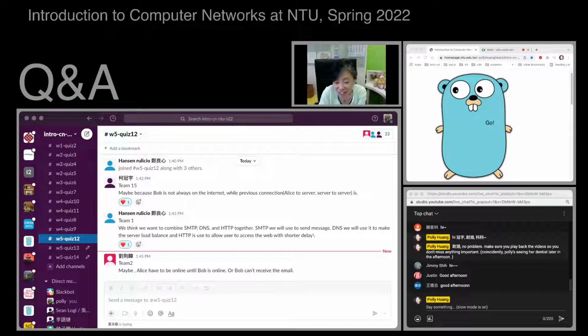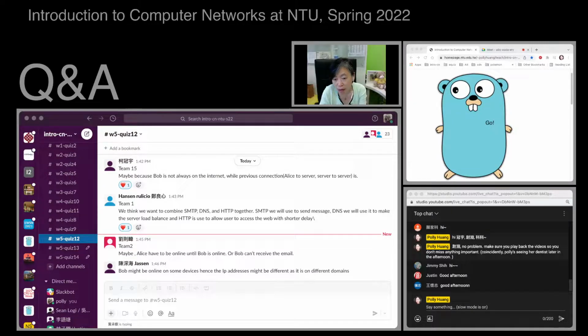So Ziwei is saying Alice might need to be online until Bob is online. Yeah, so this is trying to prove by contradiction, I guess. Wei Ze is saying this: in order for Alice's email to reach Bob straight, Bob needs to be online. But it's not exactly possible.